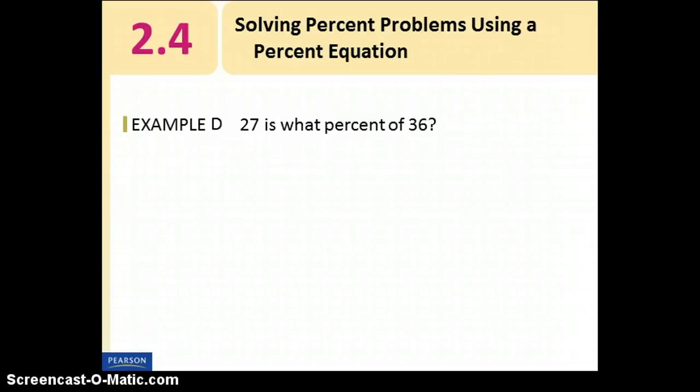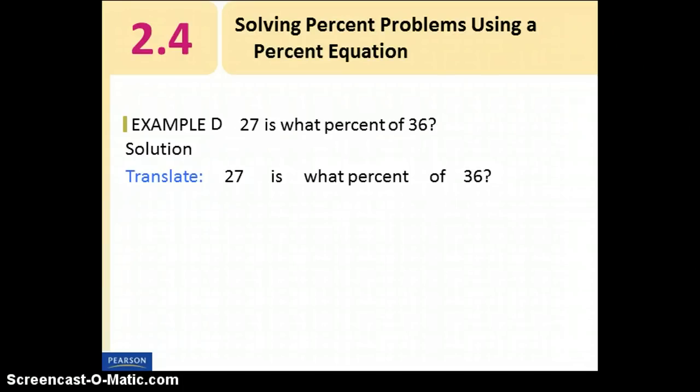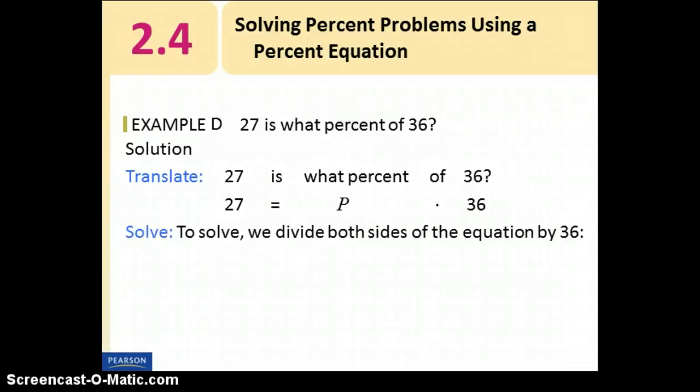Let's use this method to solve one more. For this example, we're being asked the question, 27 is what percent of 36? We start by translating to an equation. Notice that I use p instead of x as my variable. I tend to use p whenever the percent is the unknown, and I'll explain why in a second. Now we solve for p by dividing both sides by 36. Performing the division, we obtain